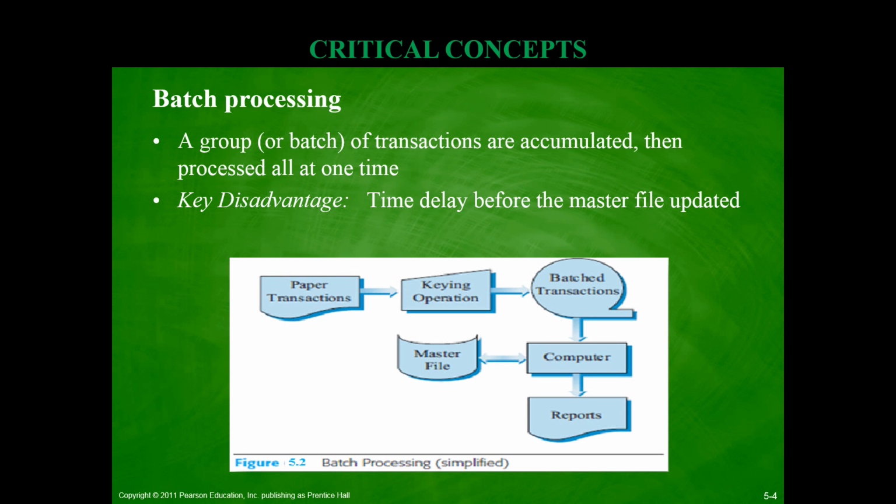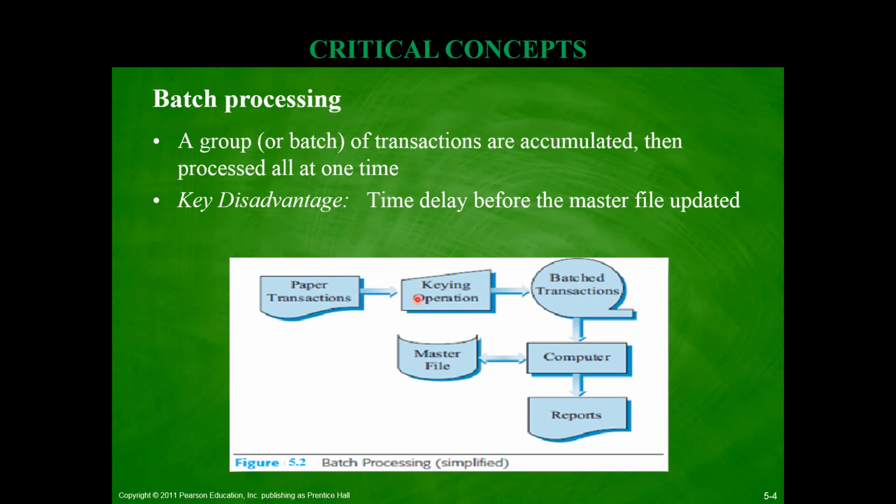Now, first we will talk about batch processing. Batch processing means that a group or a batch of transactions are accumulated and processed all at once, or all at one time. So schematically, it can be something like this. You have an operational level employee, let's say a clerk, an accounts receivable clerk or sales clerk, who is recording transactions manually using paper. Once those manual records are processed, they're compiled into one collection and then just keyed in or entered in a particular information system.